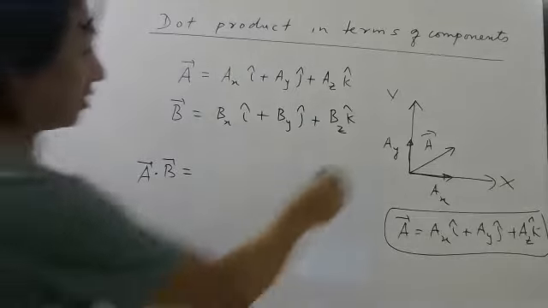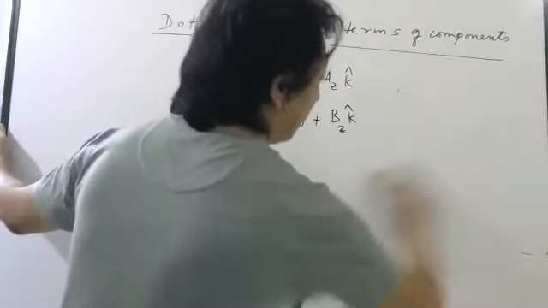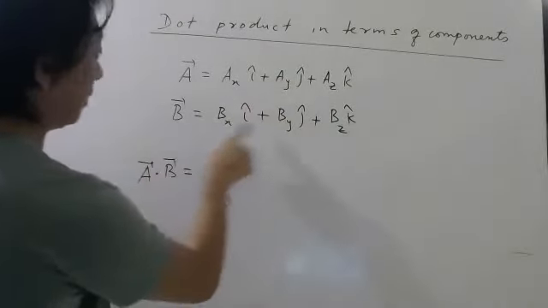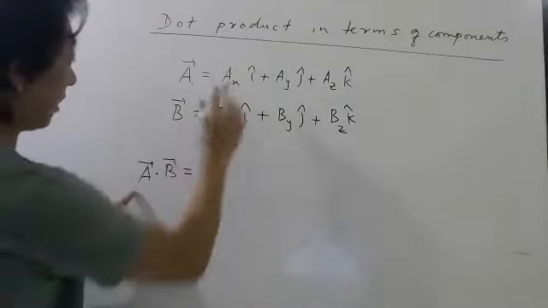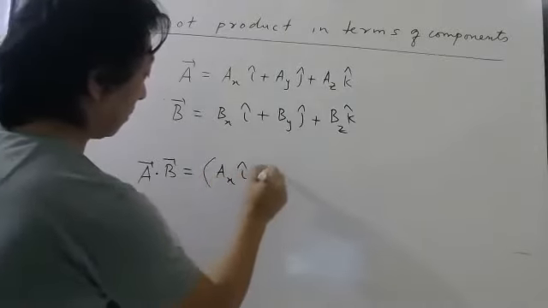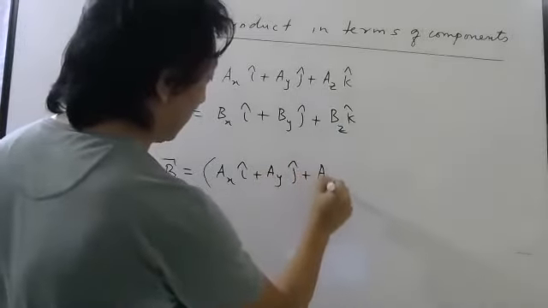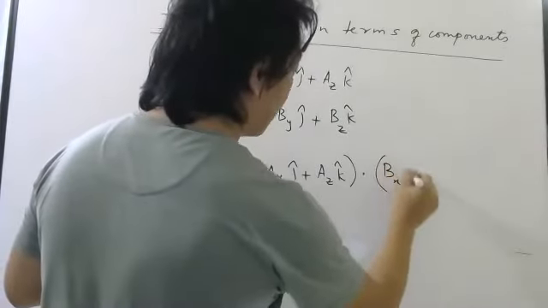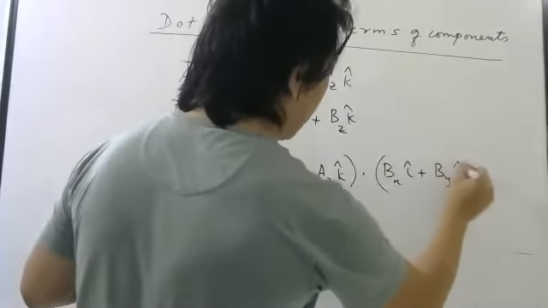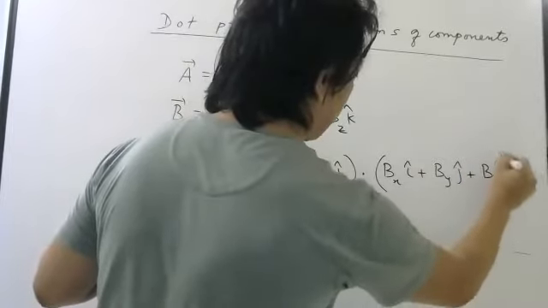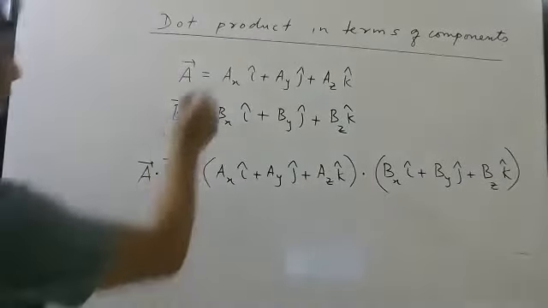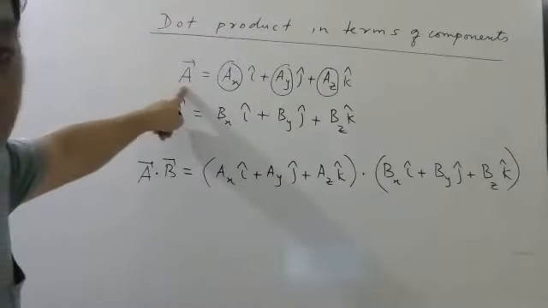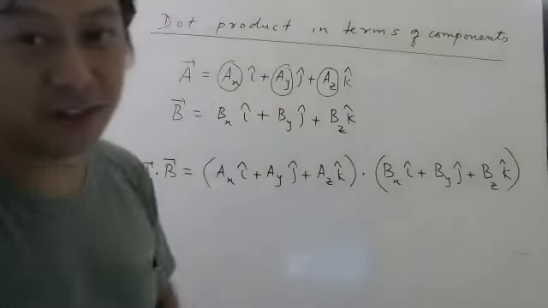Okay, you can write AB cos theta, obviously. But instead of writing that formula, let us take the dot product of these two, because A is equal to this, B is equal to this. So let us substitute. What is A bar? AX i cap plus AY j cap plus AZ k cap, dot B bar. What is B bar? BX i cap plus BY j cap plus BZ k cap. Please remember, these are numbers, and this is a vector. A vector is not a number, but these component magnitudes are always numbers.